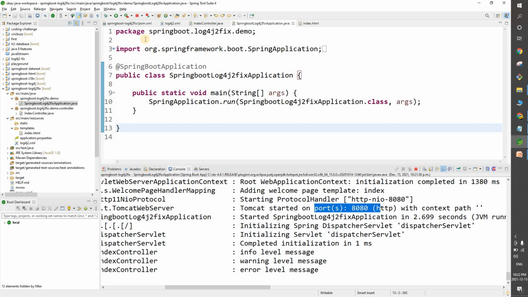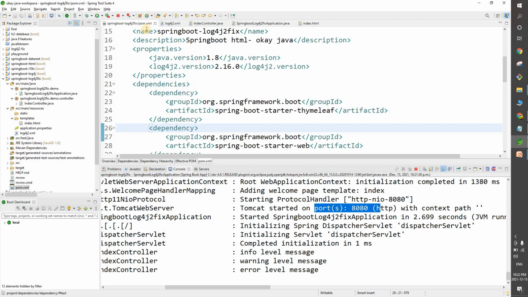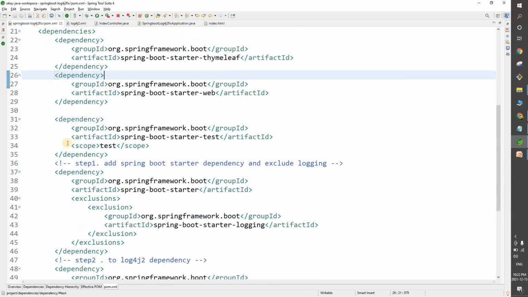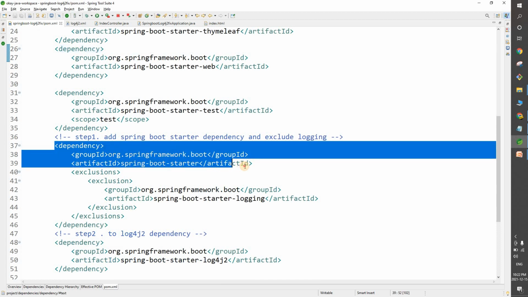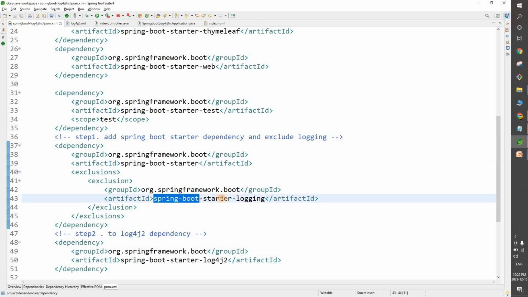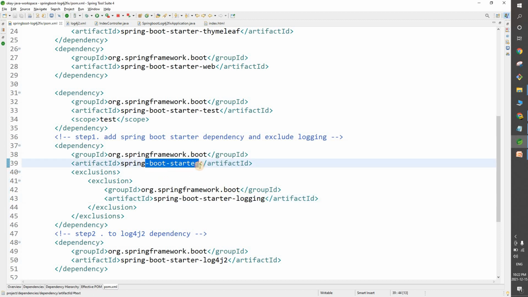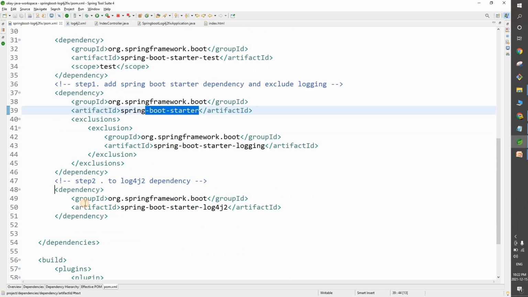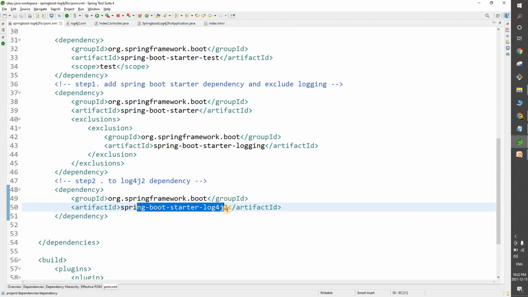Right guys, so let me just summarize what we did. The very first step is to go and add the log4j2 Spring Boot starter dependency. Okay, make sure to exclude the Spring Boot starter logging dependency from the Spring Boot starter dependency. Alright, second step is to add the log4j2 dependency. So Spring Boot starter dash log4j2.